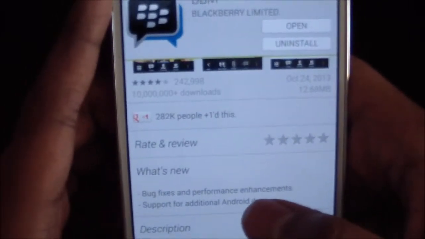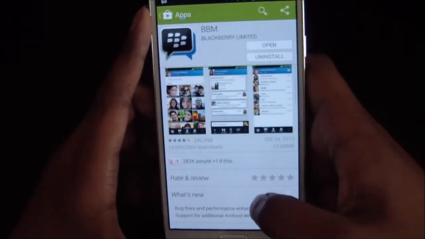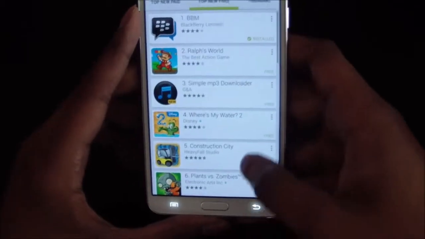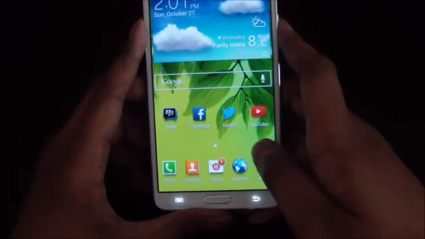Right now the count is over 10 million on just Android alone, and I don't quite know exactly how many are on iOS, but I do know that BlackBerry did quote 10 million users on iOS and Android within 24 hours, but it's been over 24 hours. It's been a couple days since the cross-platform version's been out, so it'll just be kind of interesting to see how many people are using BBM on a